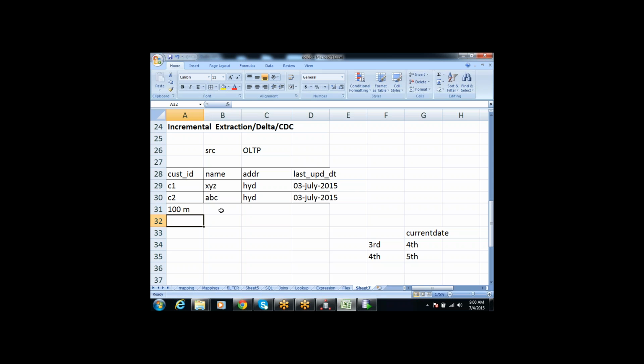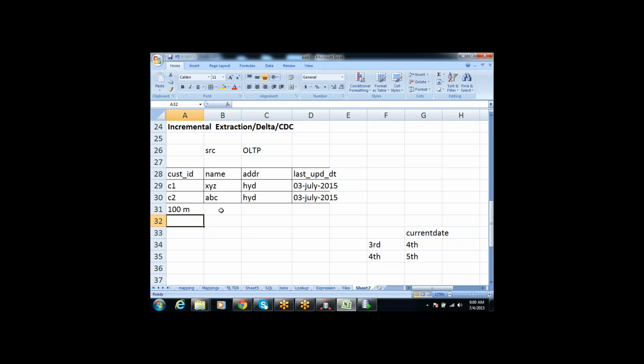So let it run for 2 days, 3 days. The first time we will bear it. But from the next day onwards, if you again take all the data, there is no use, because all 100 million records you already have there. Again you are picking up, there is no use for us. That's why on a daily basis, except the first time, try to pick up only the records which are changed